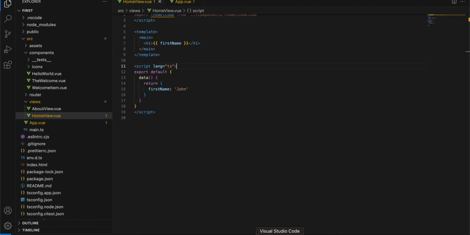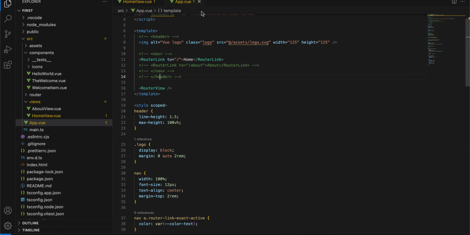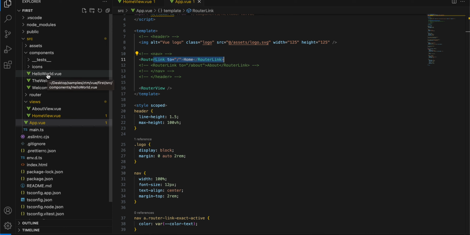Your Vue application might look a lot different than mine. What I have done inside App.vue is commented all the stuff. I just want only one route, which is my home page component, HomeView. And if you go to components, if you go to views,